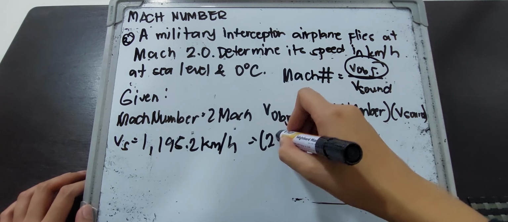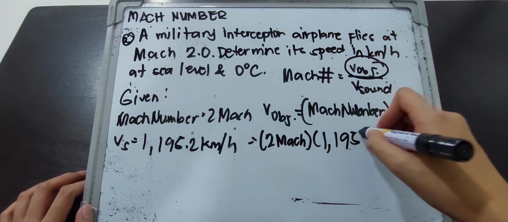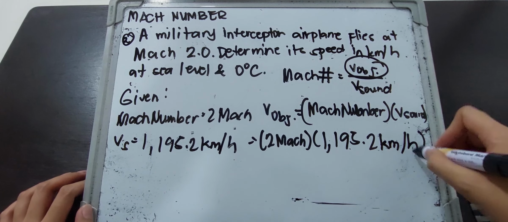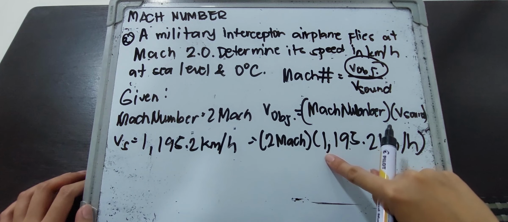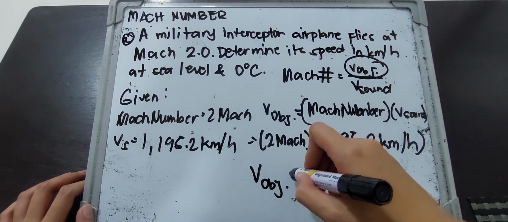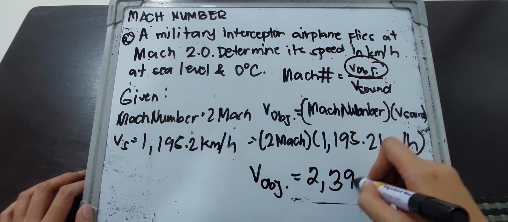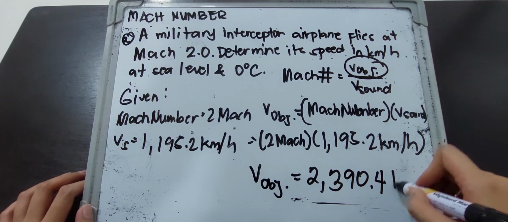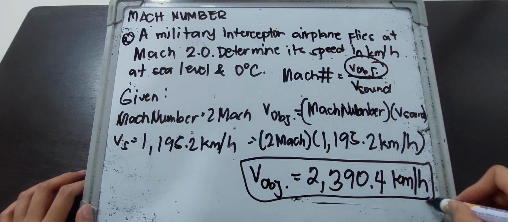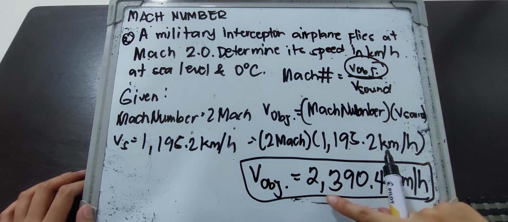So we have 2 Mach times 1,195.2 kilometers per hour. So 2 times 1,195.2 kilometers per hour, we will get the speed of the object with the equivalent of 2,390.4 kilometers per hour. So therefore, yung interceptor airplane na merong 2 Mach, ang speed niya ay